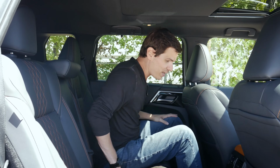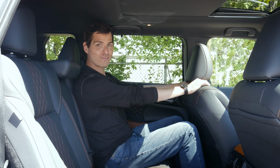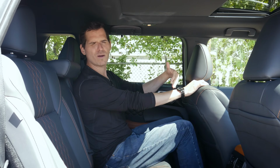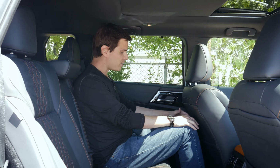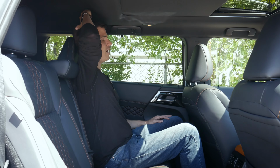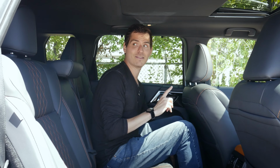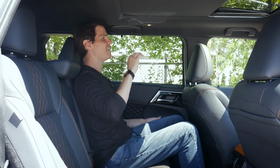Now, a few things to point out, spacing wise. So I'm 6 feet tall. I've got the driver's seat set up for someone who's 6 feet tall. It's how I'd be comfortable driving. I have a decent amount of knee space, good amount of foot space, up overhead with me sitting fully upright. Ooh, that's tight. All right, so one thing, I can slide the seat back or forwards a tiny little bit, but